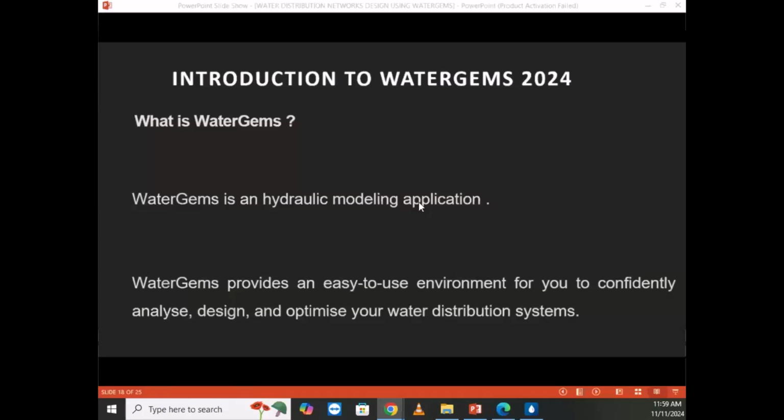It provides you an easy to use environment to confidently analyze, design, and optimize your water distribution network. So, as I told you, with WaterGEMS, we will be able to have an easy way